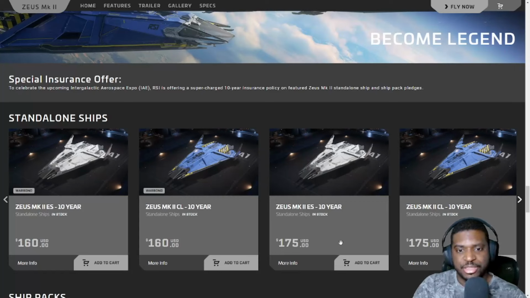Again, for the CL, that puts it a lot closer in Constellation Taurus territory, in my personal opinion. The bump up from the Taurus, going from the CL to the Taurus, here, I think that decision becomes a little bit harder now, because 175 is much more expensive than the 125 of the C1. Okay, so